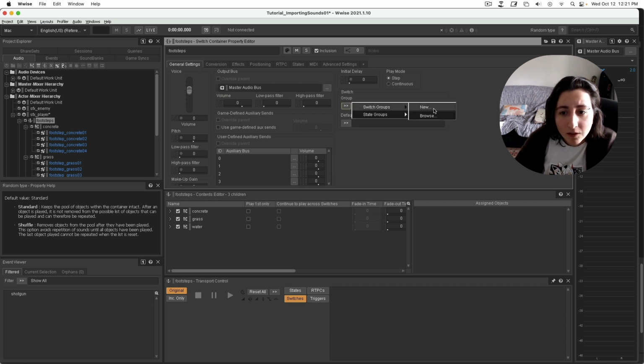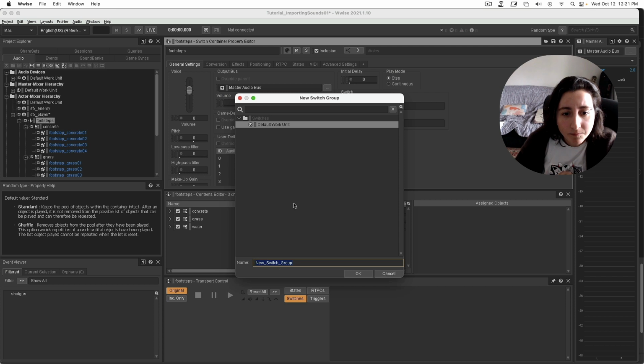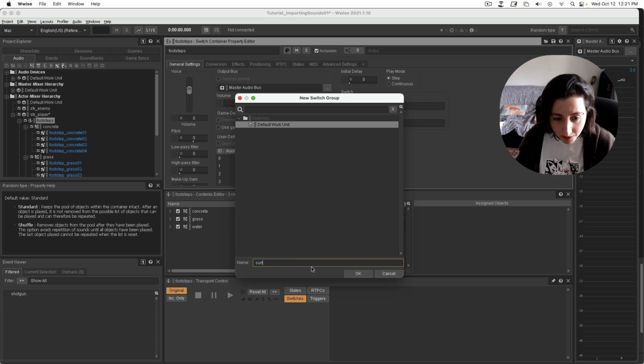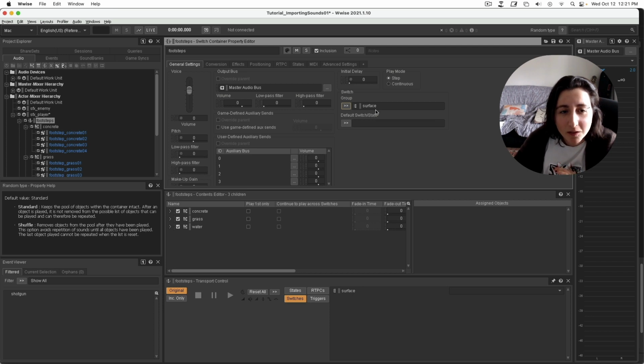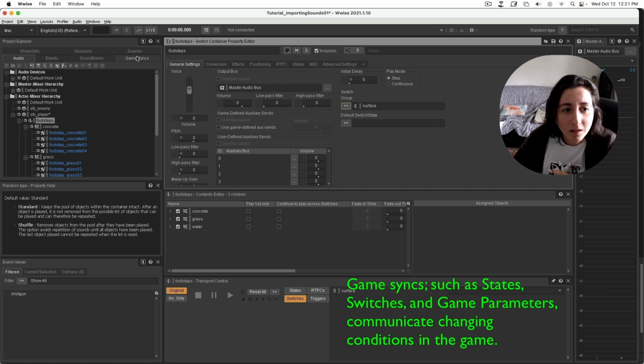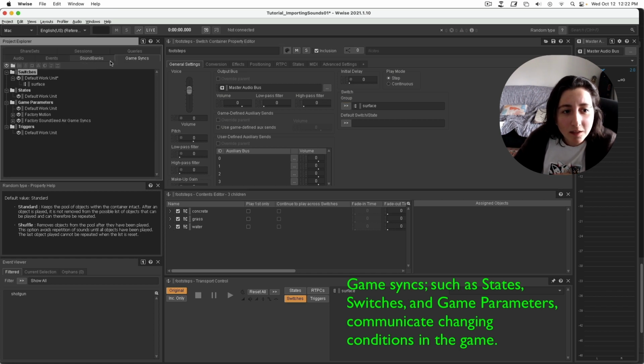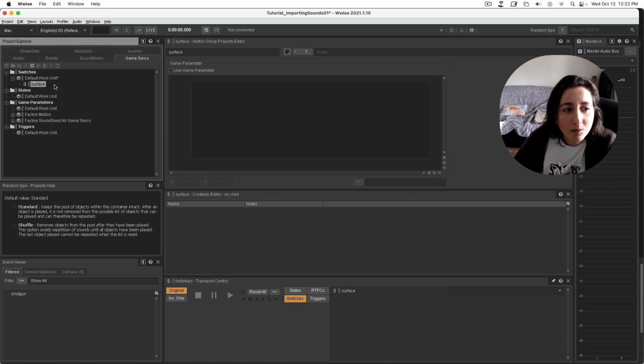I don't have a group right now, so I'm gonna create one, and I'm gonna name it surface. This is like a parameter in Fmod, but in Wwise it's called a game sync. So if we come here in this game sync tab, we can see that we create a surface switch, but now we have to create